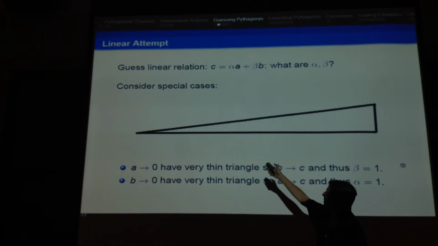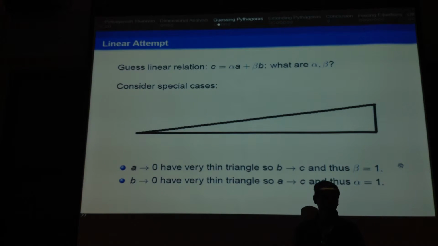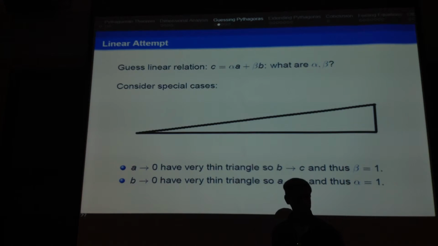Well, if A is going to 0, the length of the hypotenuse is almost the length of B. So as A goes to 0, B has to be going to C. The only way that can happen is if beta equals 1. Similarly, if I go the other way around, I get A has to go to C, and thus alpha has to be 1. So the only possible linear relationship, if the Pythagorean theorem is linear, is C equals A plus